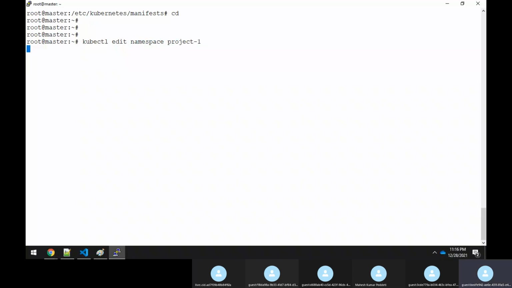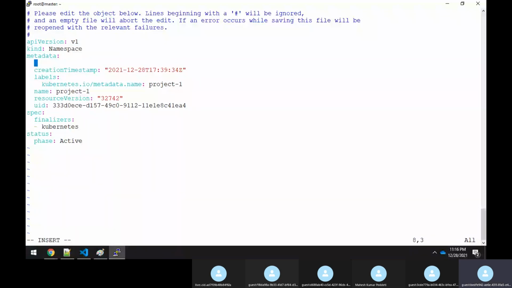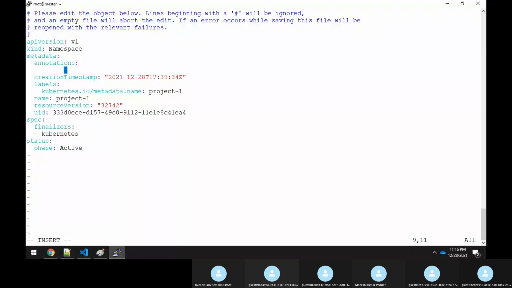Open this file. Here, under the metadata, after the name, or even anywhere, I will write annotations, with two spaces, scheduler.alpha.kubernetes.io/node-selector.